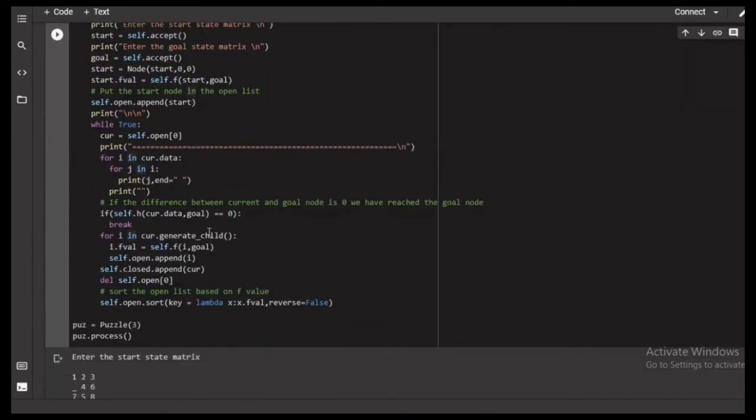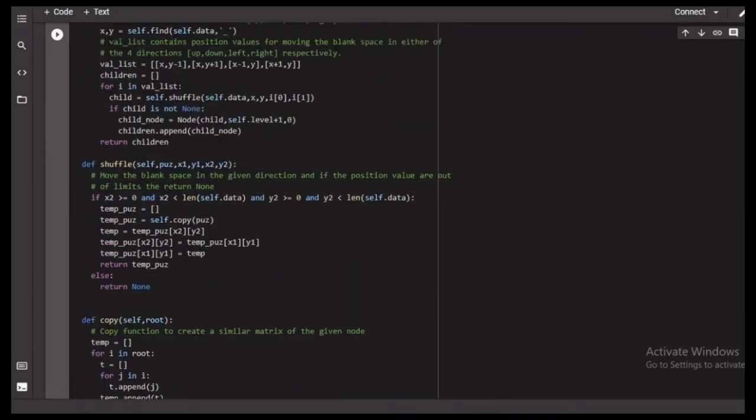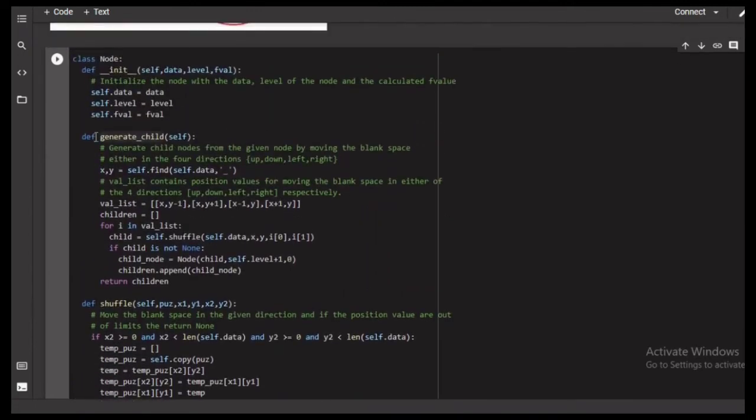So here is that method generate child. To determine the location of the blank tile, we have used the method find. Here is that method find.